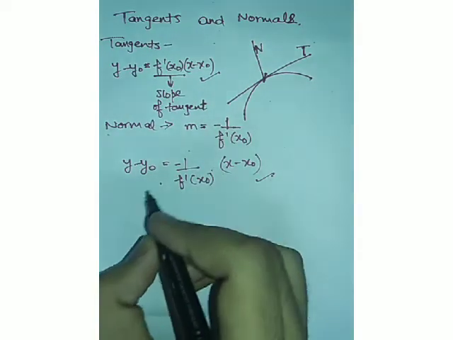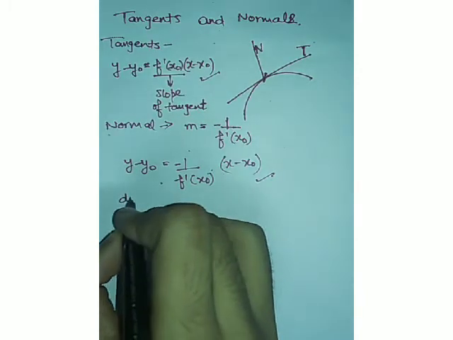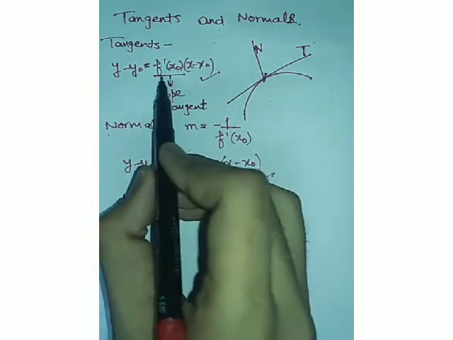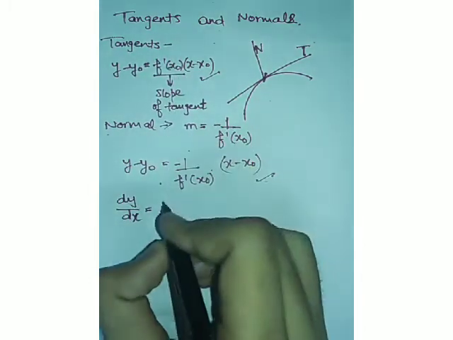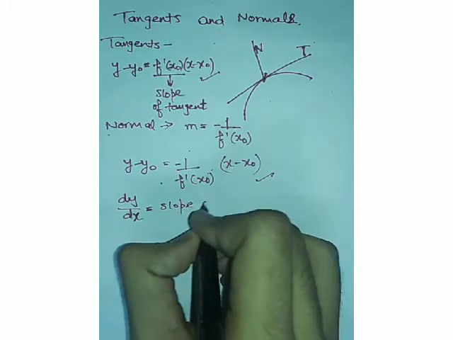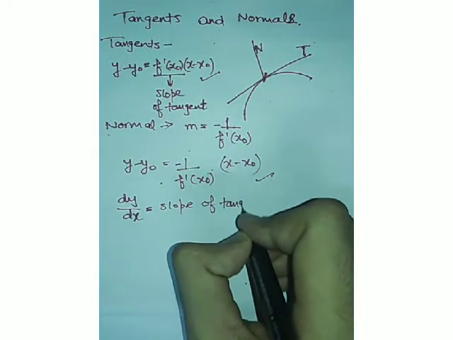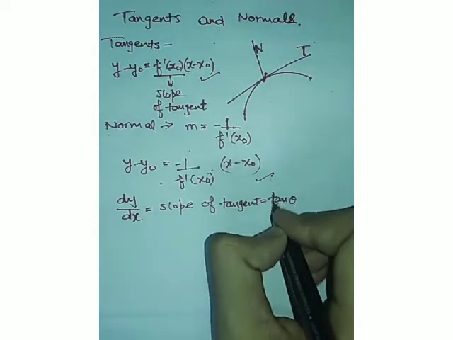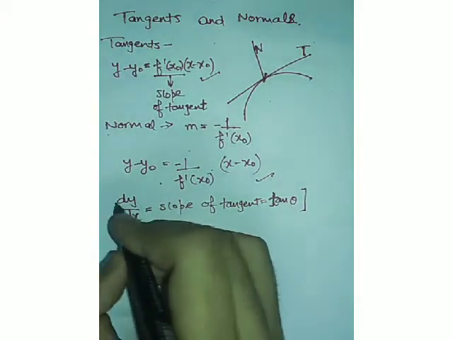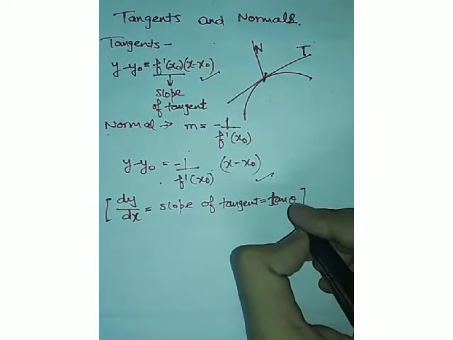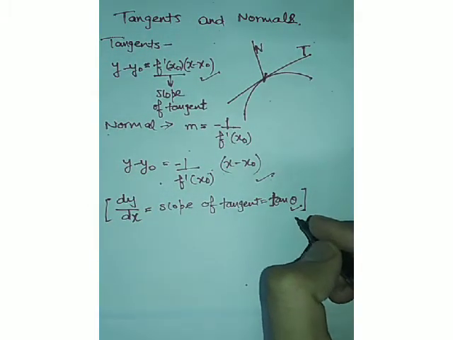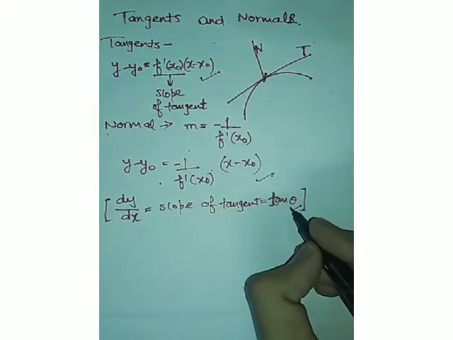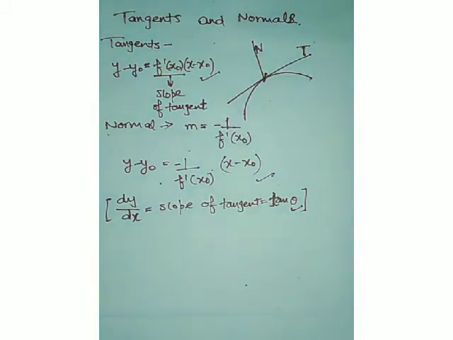Here we have to use the differentiation concept. All right, here is one more thing, that dy upon dx is the slope of the tangent because it's the derivative here, and also slope of tangent is equal to tan theta. You have to keep this thing in mind as well, because in future if we require theta, then we should know that slope is also equal to tan theta. Alright, so we have learned three things, that is the equation of tangent, equation of normal, and also the slope of tangent is tan theta.